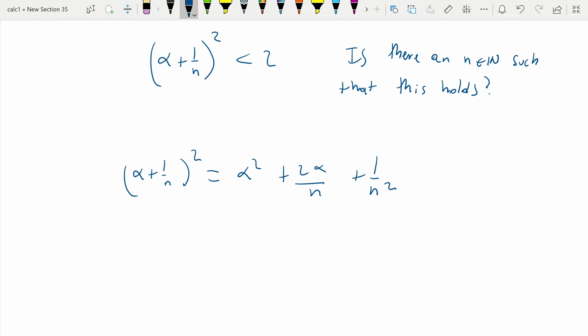Here I just expanded (alpha + 1/n) squared. This is the first number squared, plus the second number squared, and 2 times alpha times 1/n. Okay, so we have all the terms in the binomial. Okay, so we can definitely say if n is large enough, so